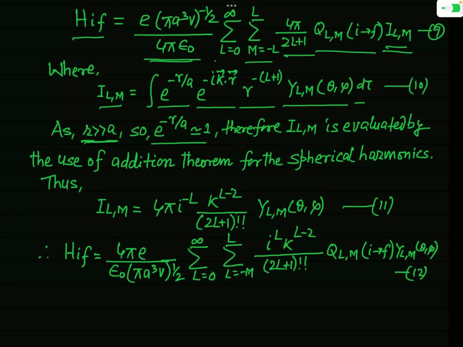Why? You know from the expansion that e to the power minus r over a is 1 minus r by a plus 1 over 2 factorial times r by a whole squared, plus so on. Since r is much greater than a, in this condition,